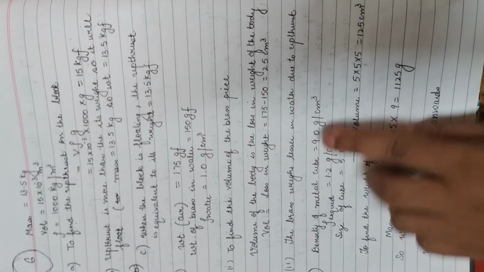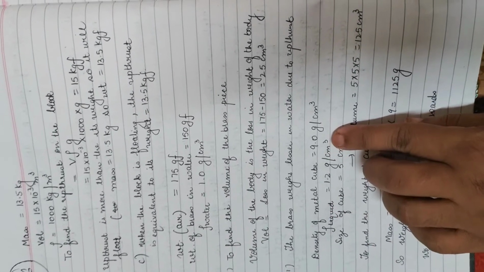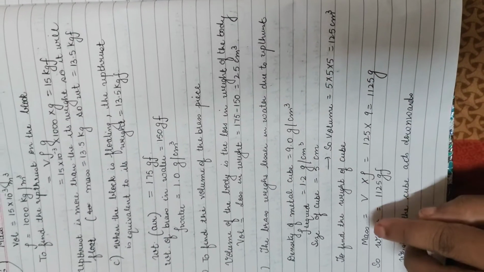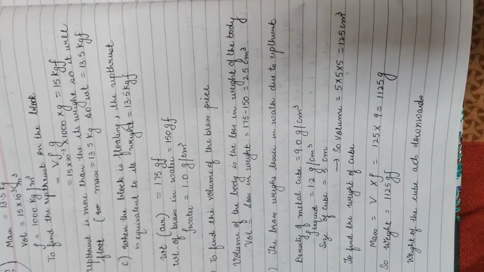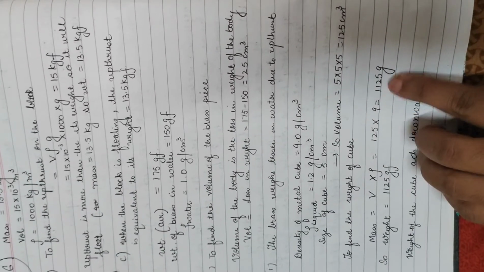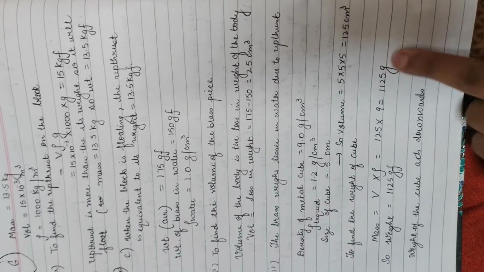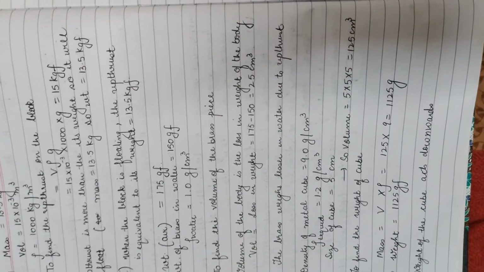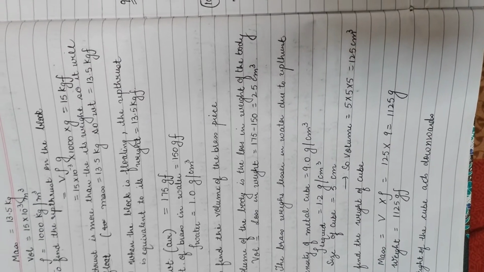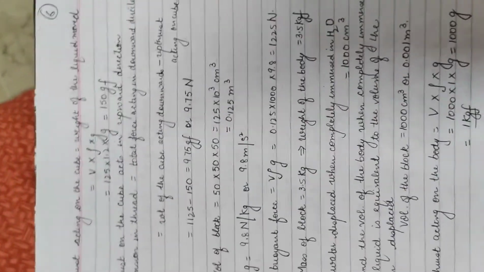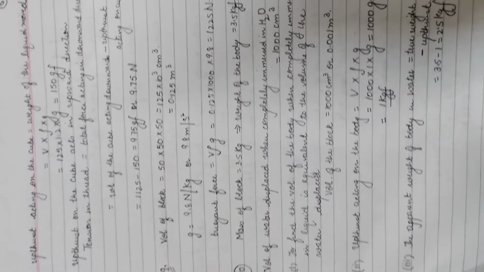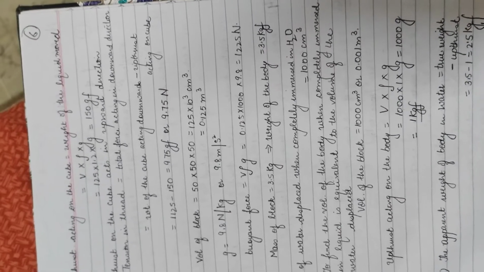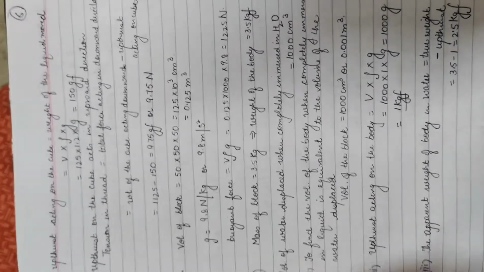First of all, density of cube is given, density of liquid is given, size is given, so volume is this. To find out the weight of the cube, you know that density is equal to mass upon volume, so you get the value of the mass. 1 kgf is equal to 1 g, so we get the value of the weight, and this weight of the cube acts downward. This is the weight of the body, and actually the weight of the body is equal to the upthrust. I have already told you, because the force acting in the thread is actually how much force is acting on the body when it is immersed in liquid.